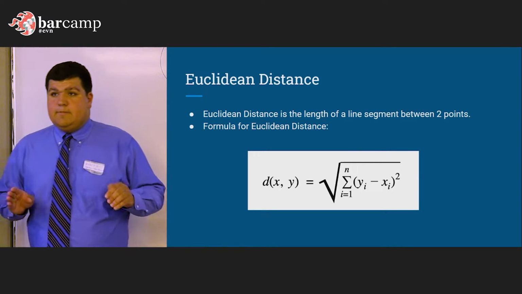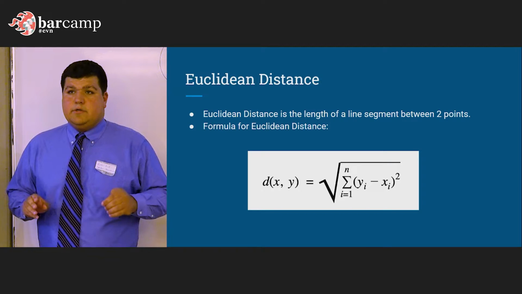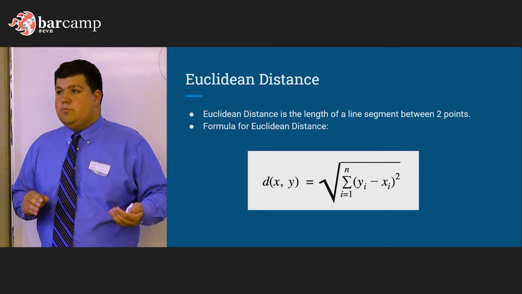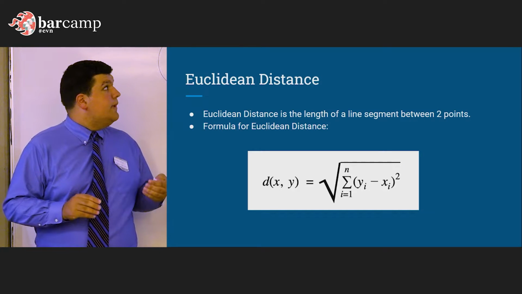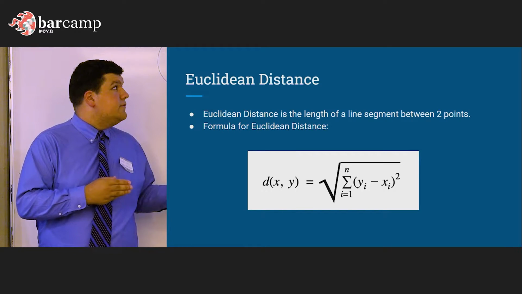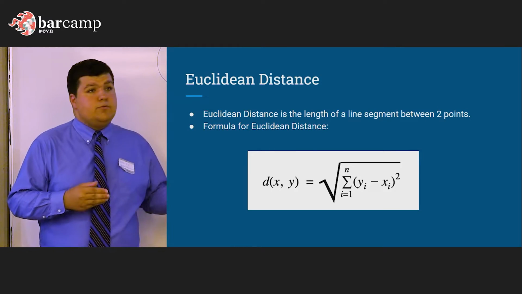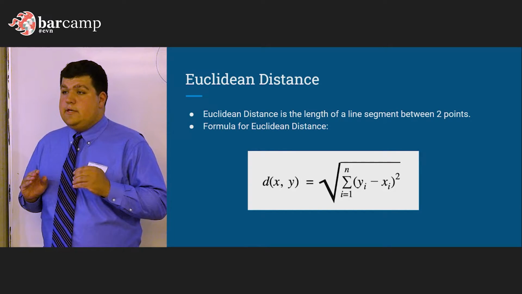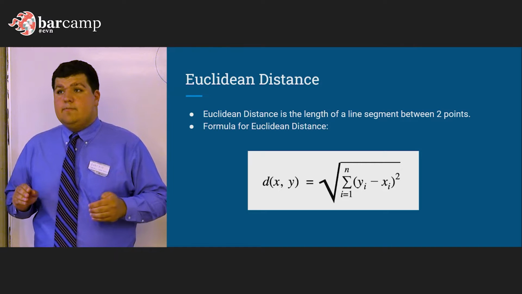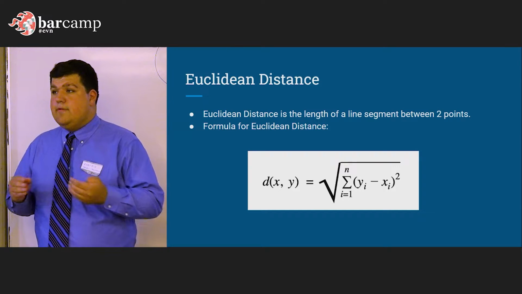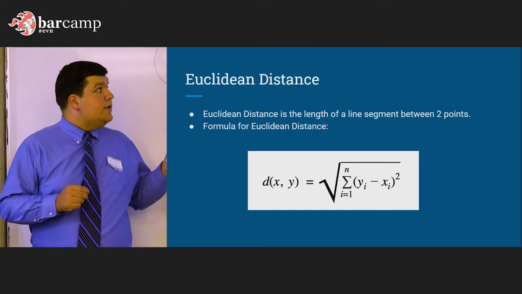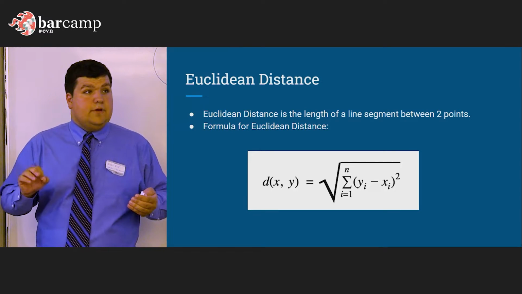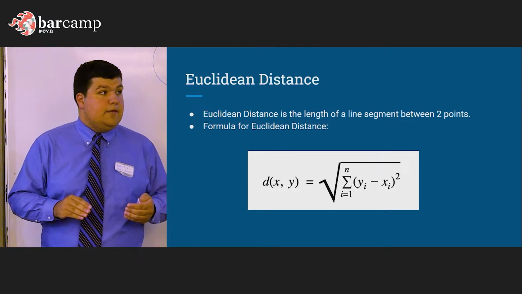So just to talk about the Euclidean distance formula real quick, it is a formula that you use to measure the distance between 2 points in space. So let us look at points x and y. This is the difference between y and x. However, just keep in mind that k-means can be done in any number of dimensions. So for example, if n equals 20, or we have 20 dimensions, then just imagine those x and y coordinates having 20 different subpoints that indicate each of their positions within each part of space.